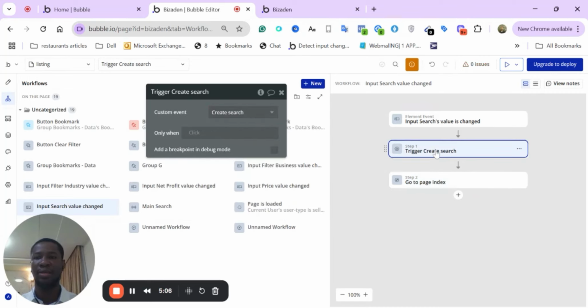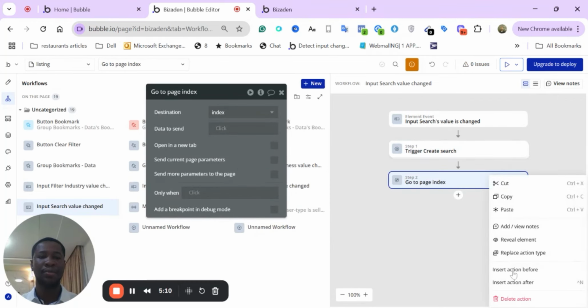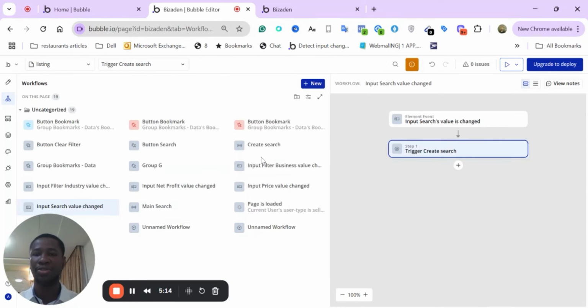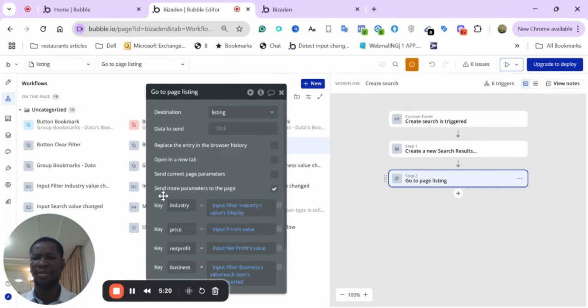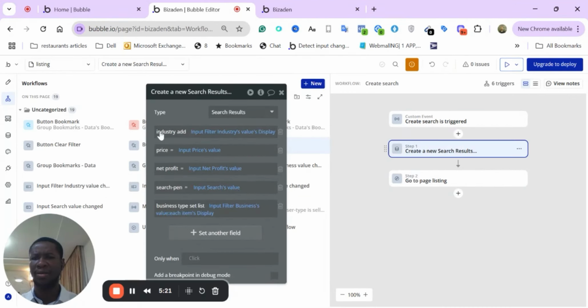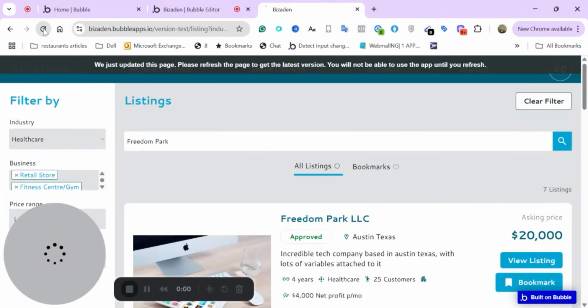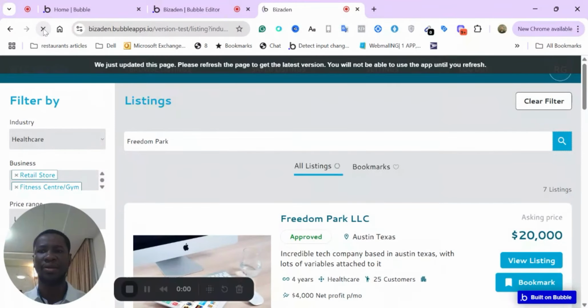And all right, so triggering create search actually ensures that we trigger this create search value. So let's just check in very quickly to see if there's an error there. So you have search pen, all right. So if I just refresh right now,